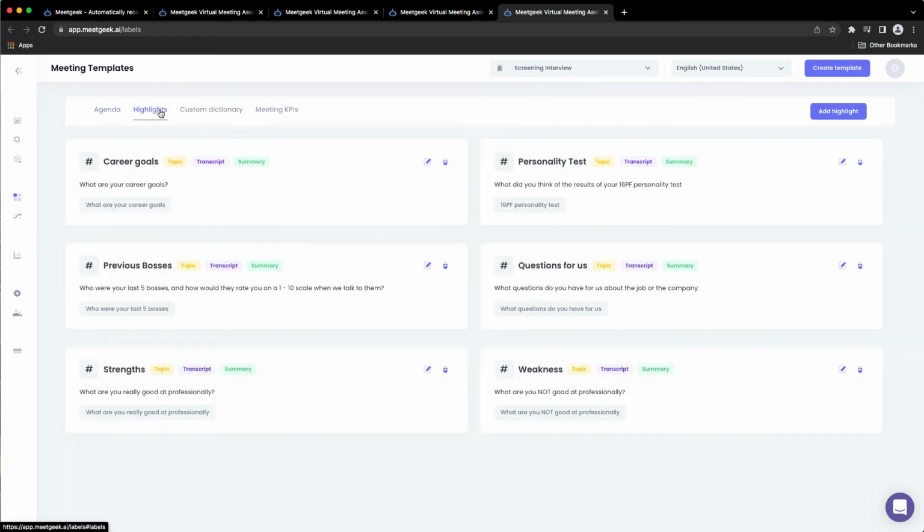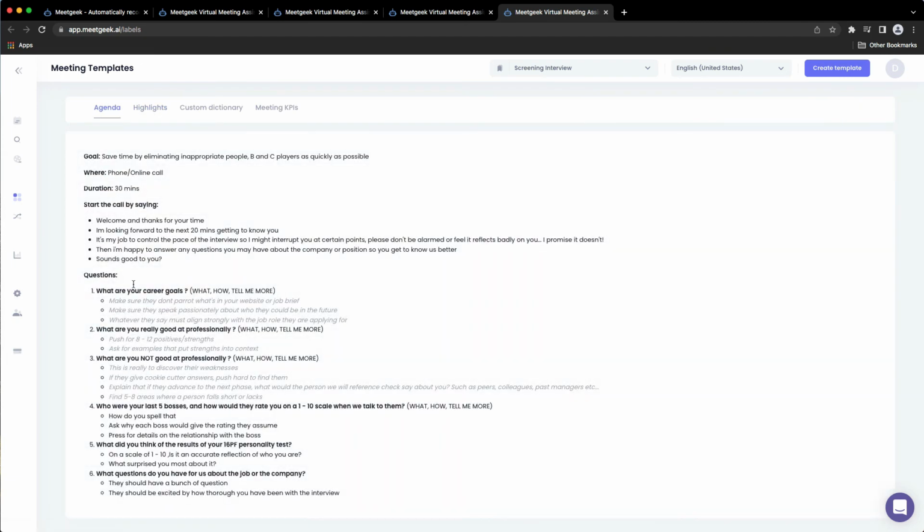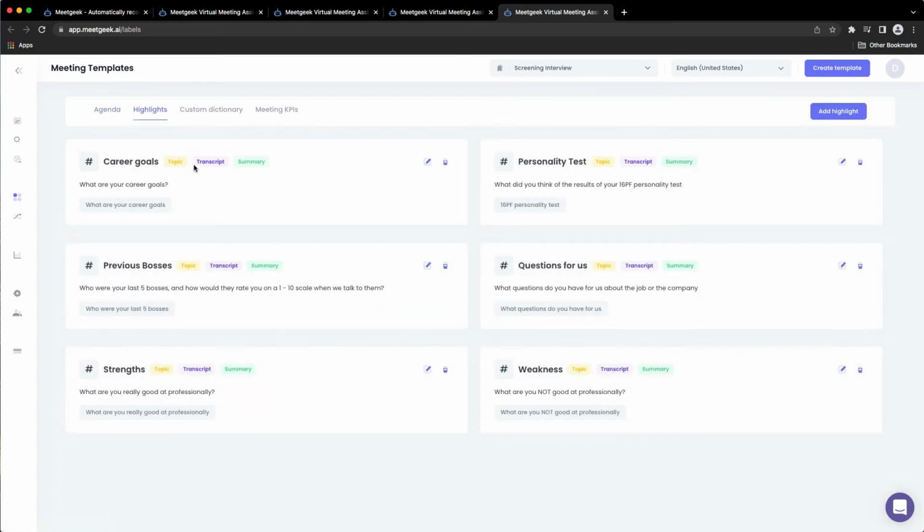Now, the benefit of this is that you can now set your highlights very, very clearly. So as you can see here, the key questions are your career goals, what are you really good at professionally, what are you not good at, and so on and so forth. These things are put here as things that we want to trigger in the AI. So when the AI hears these things being said, it automatically starts recording that section, and it makes it really easy. If you remember when we had the section for making highlights from a conversation,